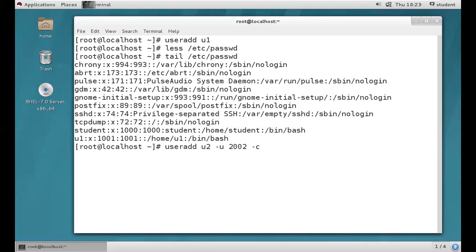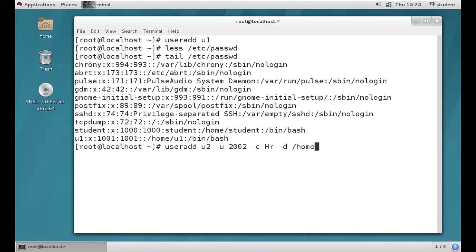-c is for comments. For example, we are providing the comment HR. Then -d is to modify the home directory for the new user. While you are creating the user account, along with the creation, if you need to modify the home directory, we should provide the -d option. By default, what kind of home directory are we going to get? /home/u2.